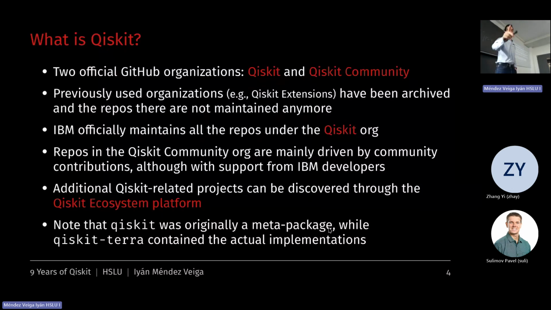And this is important. Before, Qiskit was actually a meta package, which was fixing the versions of a set of packages. So it was installing Qiskit Terra, which was the actual implementation. What nowadays we call Qiskit was Qiskit Terra. Then we had the Qiskit IBM runtime, the Qiskit IR, etc. And this was all fixed together in one meta package. So if you install the meta package, you know that all that works together. Otherwise, if you install the last version of Qiskit Terra, maybe it doesn't work with the last version of the IBM provider. This has changed.